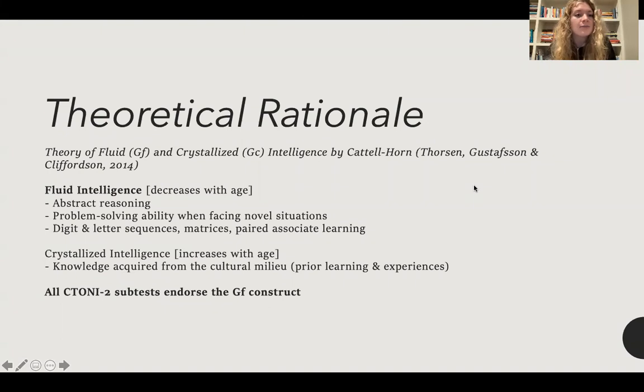So our first theoretical rationale comes from Cattell-Horn, which is split into 2 constructs, one being fluid intelligence, which I know we've covered in class, and that decreases over time or with age. It covers a lot of abstract reasoning ability, being able to problem solve, think on the spot, apply our concrete knowledge to new problems or things that we face in everyday life, how we're able to apply what we've learned flexibly. And all of the CTONI 2 subtests do endorse the fluid intelligence construct,